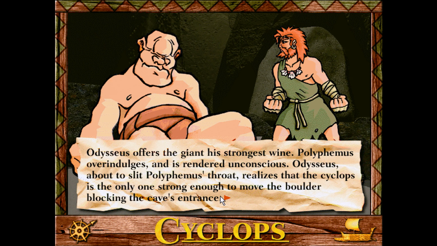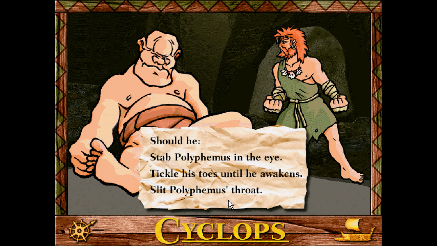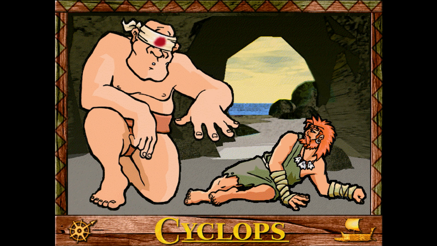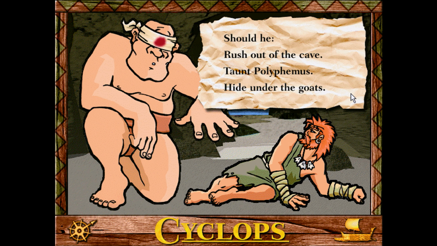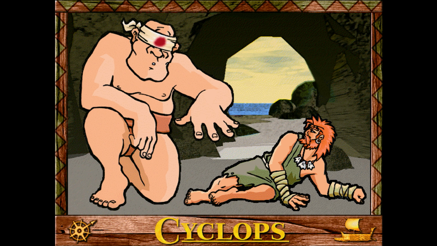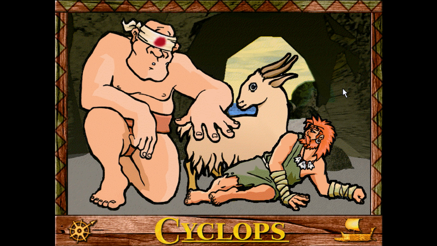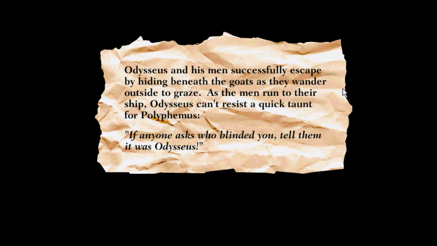Realizing that Polyphemus is the only one strong enough to move the massive boulder blocking the cave, Odysseus blinds him instead of killing him. Finally, the men escape by hiding beneath the Cyclops' goats as he leads them out to graze. And of course, Odysseus can't resist taunting the Cyclops as they get away. If anyone asks who blinded you, tell them it was Odysseus, which is probably not the smartest thing he could